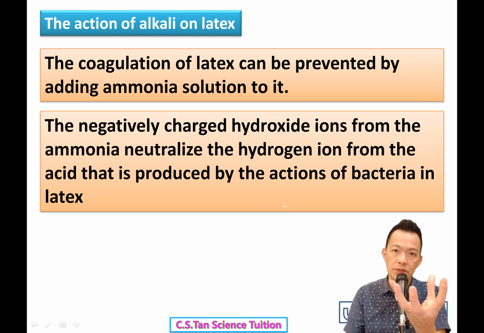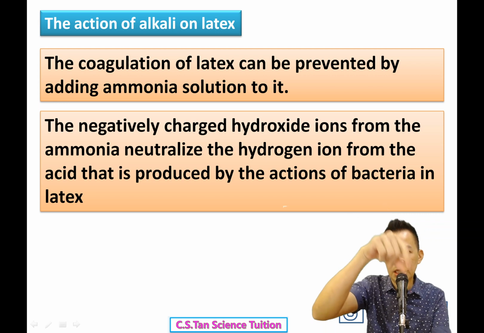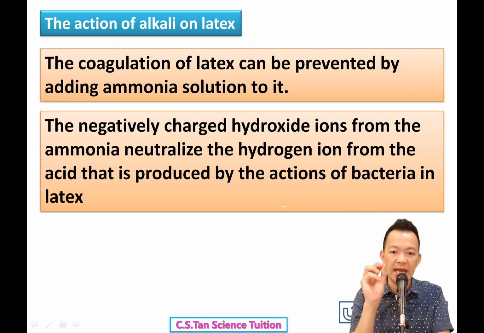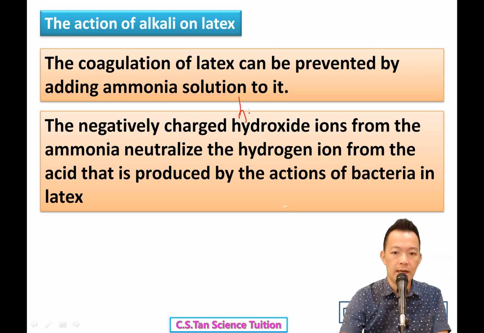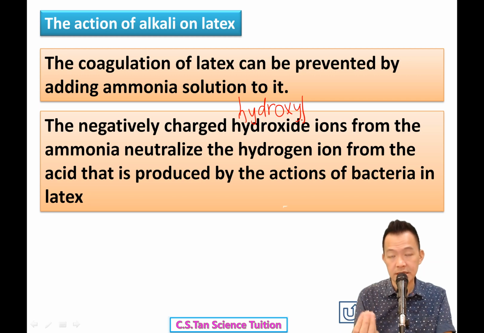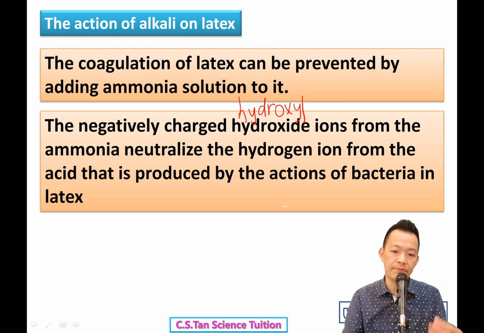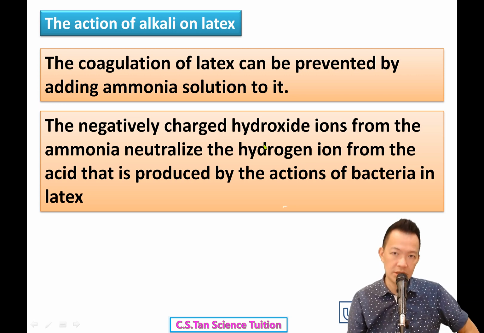Okay, so latex is exposed to the air, bacteria fall into the latex. Bacteria produce acid. But if you add a little bit of ammonia, 你加一点点的 ammonia or alkaline solutions, it contains negative charged hydroxide ion 里面呢有一种碱的 charge，也叫做 hydroxide 了。Or certain book maybe they call this as hydroxyl. 有些书呢把这个离子呢称为 hydroxyl. Okay, 碱的离子。So the hydroxide ion is negative charge neutralize the positive charge from the acid. 它把 acid 的 positive charge neutral 掉。So the latex maintain in liquid. 它保持在液体状态。Okay, so this is the reason. 这就是为什么现在橡胶质它可以不用凝固。